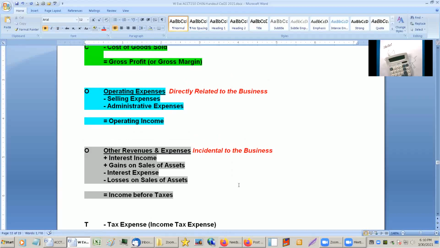Okay, so these are expenses that you basically have to have for whatever business you're running. Whereas these down here are what they call incidental to the business. And I'll talk a little bit about it. Okay, so incidental to the business. What does that mean? When they talk about it in terms of the multi-step income statement, what they're talking about is,